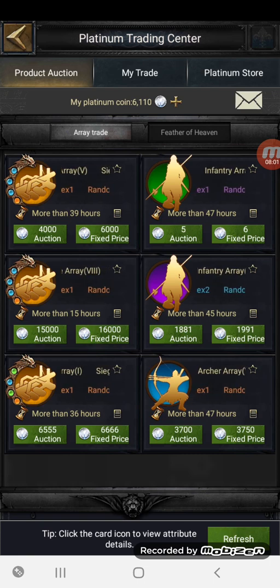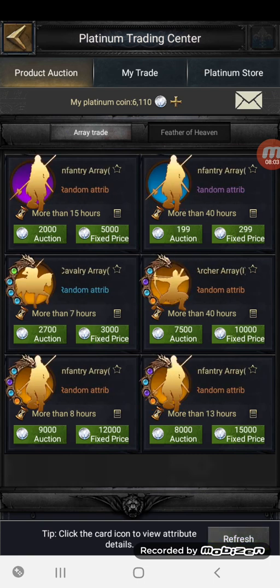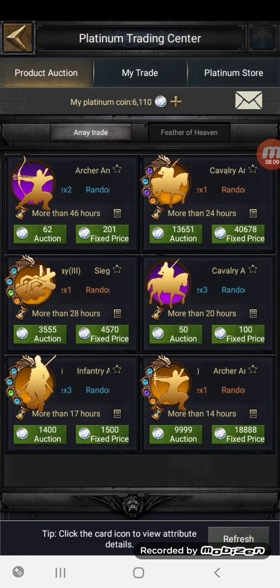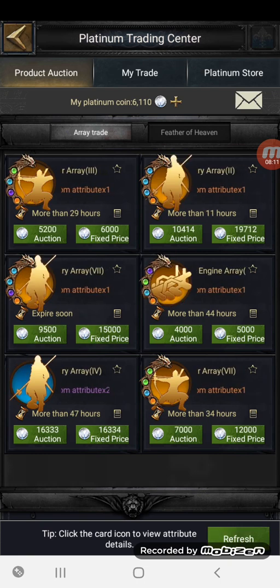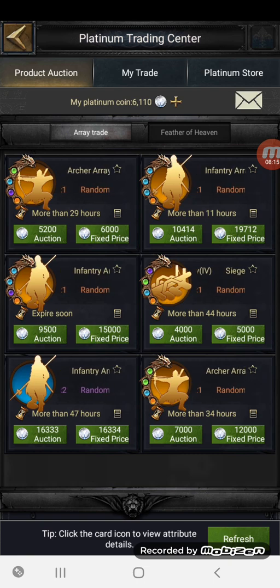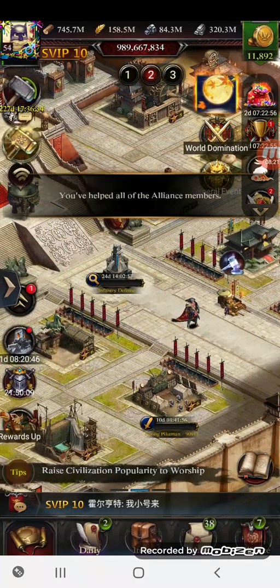Anyway, so bottom right-hand corner, refresh button, and that will just refresh the page and bring you up a new set of stuff that people are basically selling. Now, my point of view, I am looking at infantry, and I'm also looking at the stat on that particular infantry array to be defensive damage reduction. Now, I picked up two